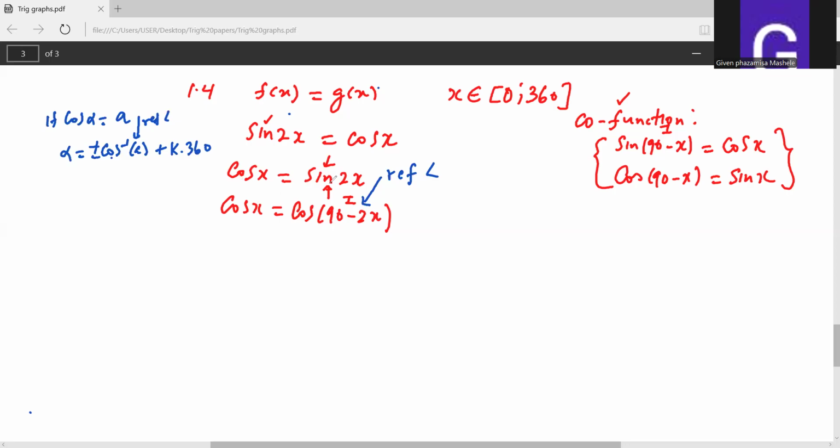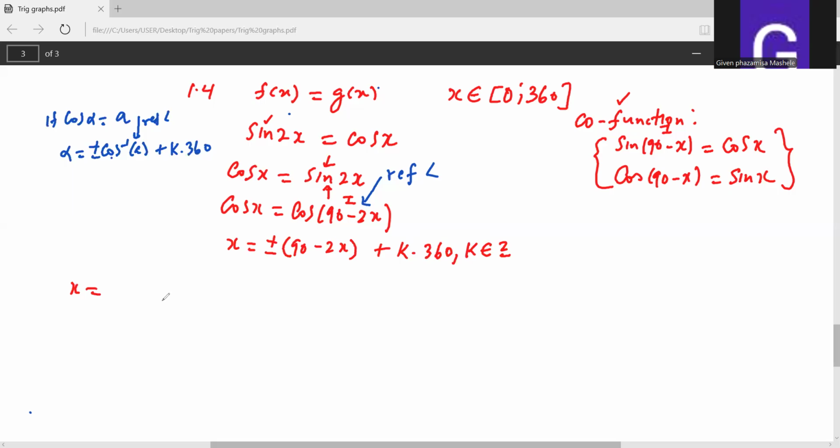Since we have both cos, we're going to say x equals to plus or minus. Why are we doing this? We're using the general solution for cos, which is 90 minus 2x plus k times 360 when k is an element of integers. So to expand this, we're going to say we have x equals to, we start dealing with